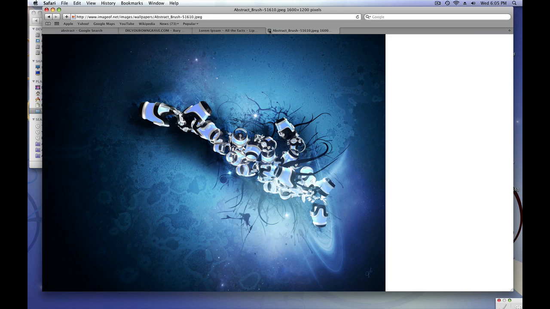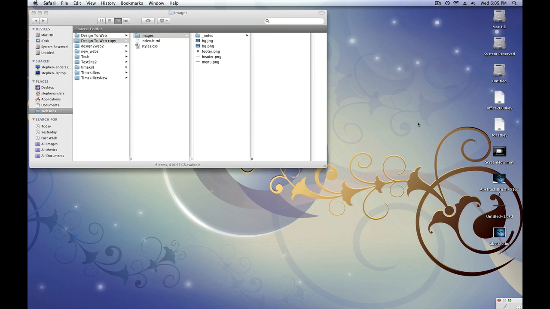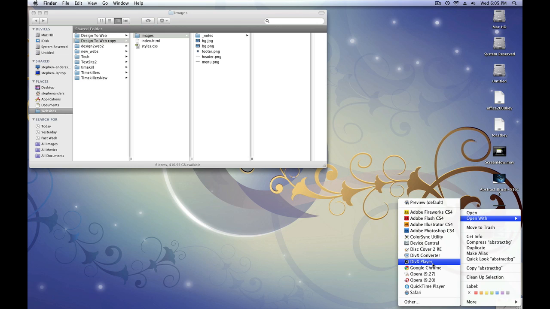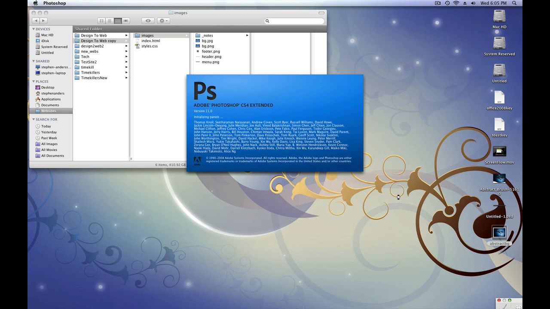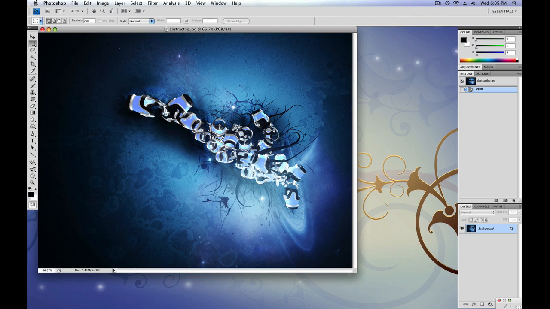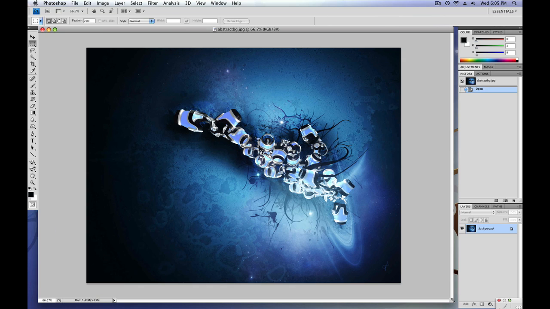and I can't use the picture the way it is. I have to modify it somewhat so that it'll fit on my website. So I'll open it in Photoshop, and now if you just put this into a website by itself, browsers will repeat the image so that it fills in the entire blank space on the page. So what I'll do is I will take a portion of it,